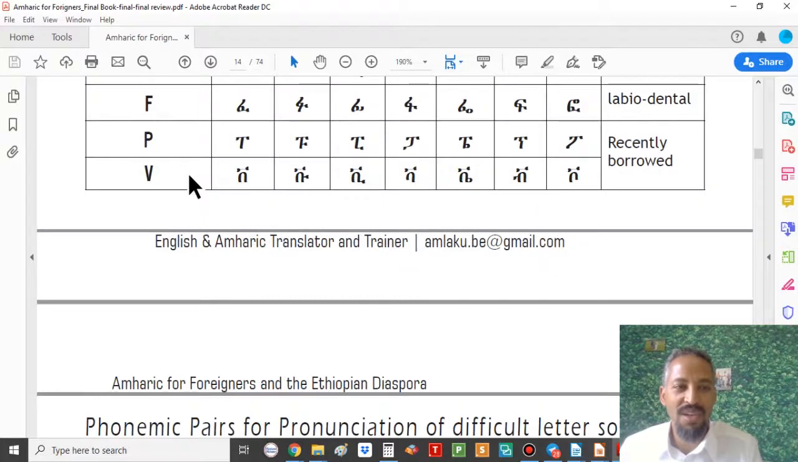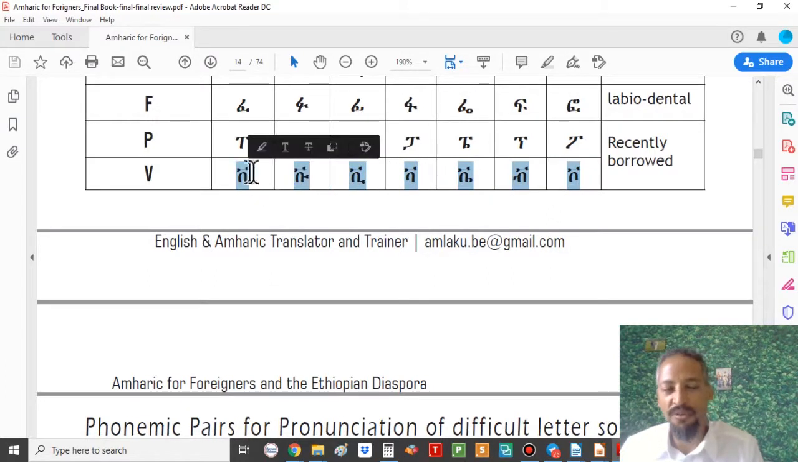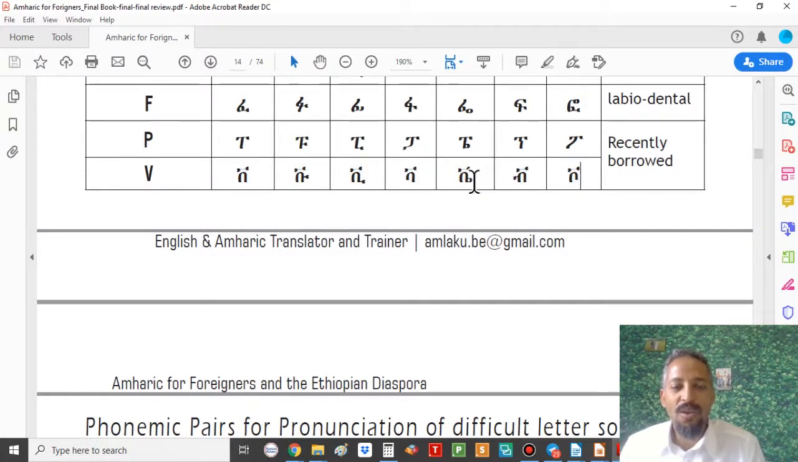And the last one is the vu, which is a V, the English V. Vu, vi, va, ve, vo. This letter is mostly for words that we borrowed from other languages, like volleyball, just to write volleyball, for example, or Volvo car, or Volkswagen. So we use this letter. These two letters are